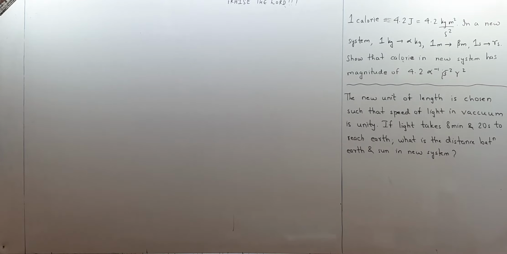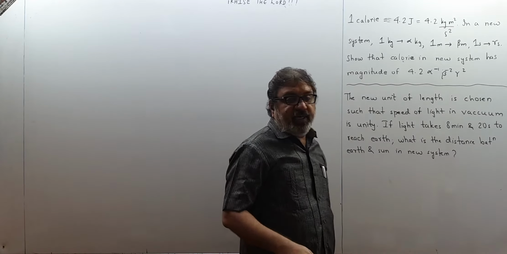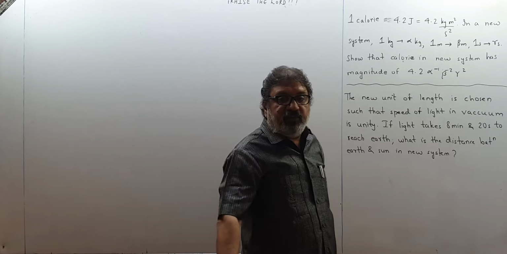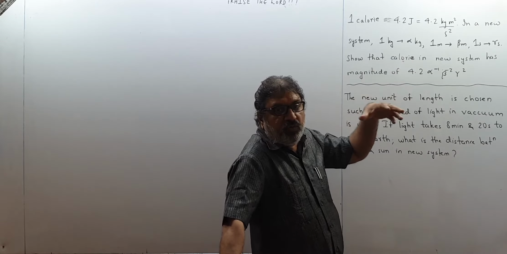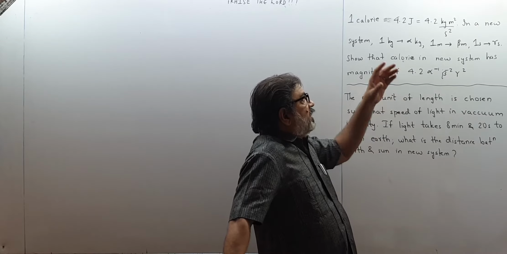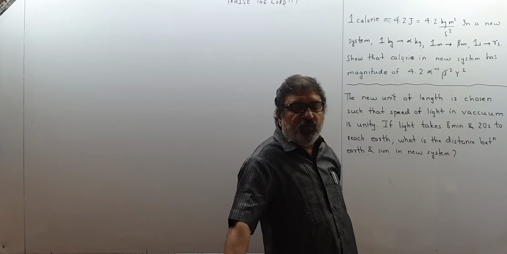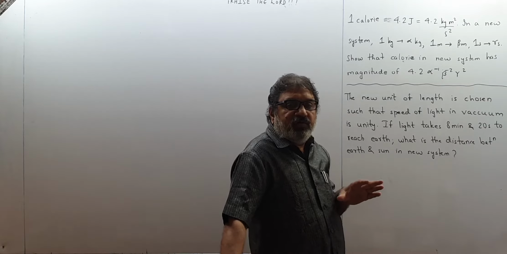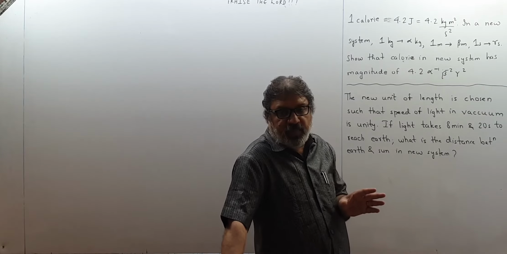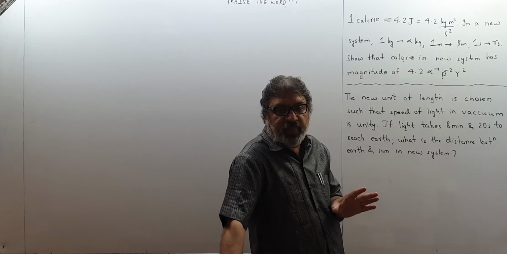Okay, children. Now see, it is said that 1 calorie, it is unit of heat energy in thermal physics actually. So 1 calorie is 4.2 joule. Joule is the SI unit of energy. There we sometimes call calorie. Nowadays, children, calorie is not used anywhere except in nutritional science. So please understand, calorie is not the unit of heat energy in any system of units. Neither MKS, nor CGS, nor SI, nor FPS or whatever.